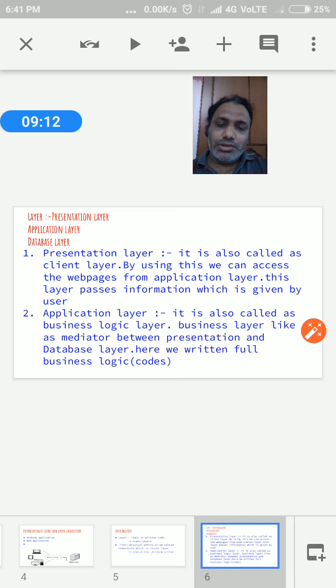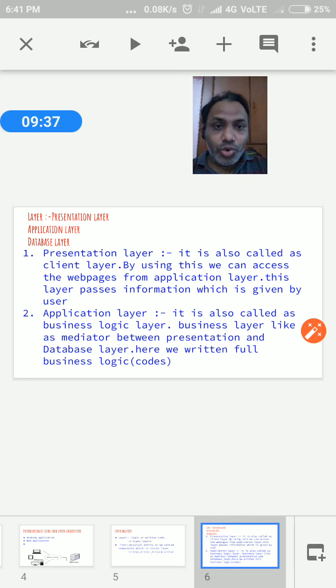I can take one example. Suppose I want to check the username and password which come from the presentation layer, and the check is done on the application layer. Once you check that, you present the next page. So from the presentation layer we take the request, then process it, whether it is correct or wrong, and then show the next page.